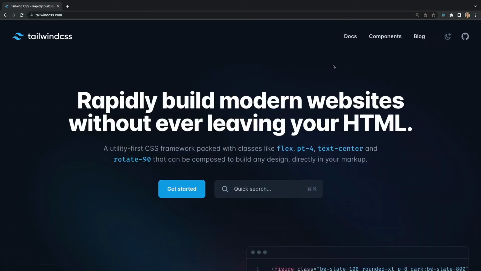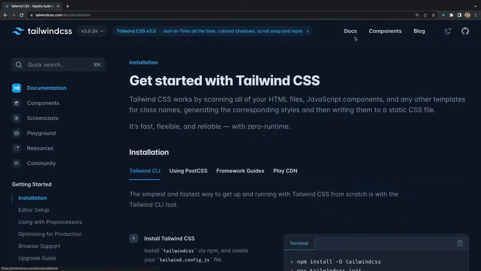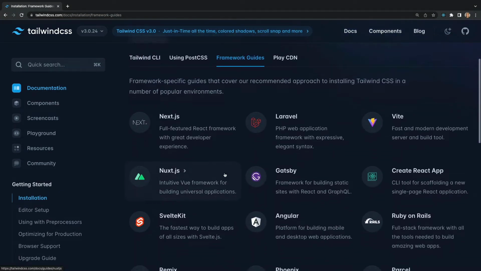Alright, so in the last video we added some styling using CSS, but I, like many people, prefer Tailwind. So let's get Tailwind installed in our project. To set up Tailwind, we need to first head over to the Tailwind docs. Under the Initialization tab, we see this Framework Guide option. If we go ahead and click on that, we can visit the step-by-step instructions on how to add Tailwind to